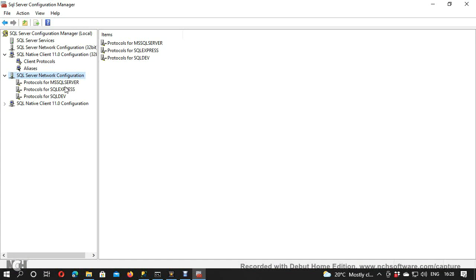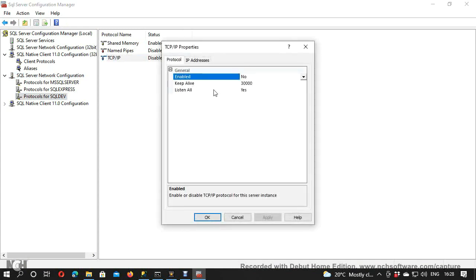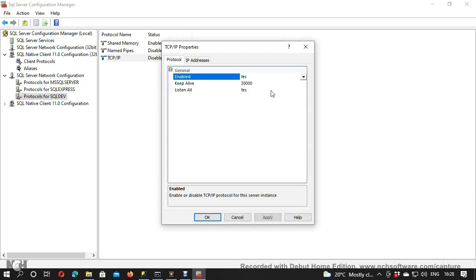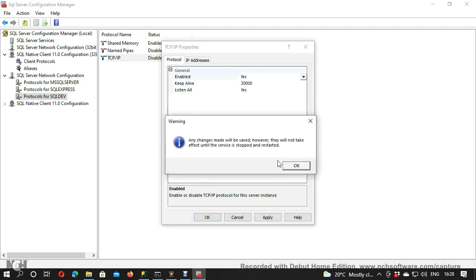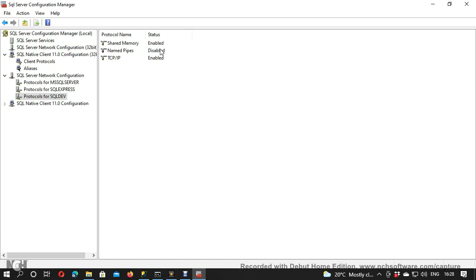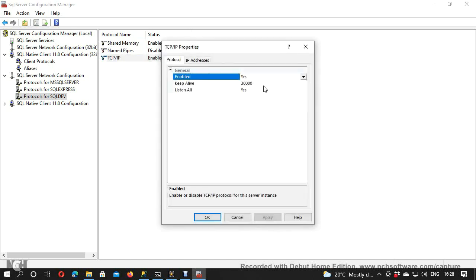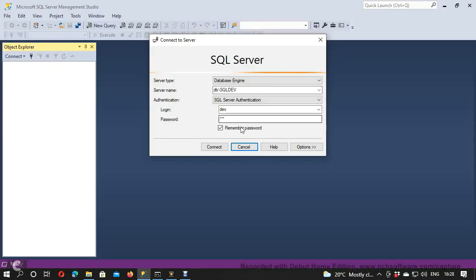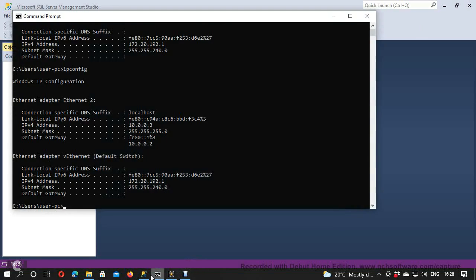So go to the configuration, SQL Server Express SQL Dev. See that this is disabled. So I need to turn this alive. Yeah, this no, yes, no, yes. Enabled, okay, cool. Alright, that's enabled. Enabled, cool. That's enabled. Cool, that's all I need there to set up. Then I can go boom. See if that connects. If that doesn't connect, then what we need to do is we also need to say